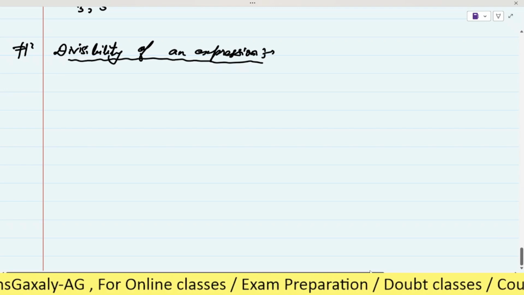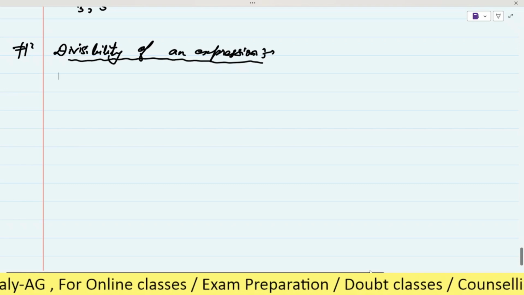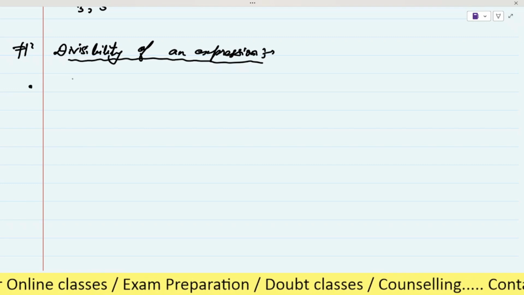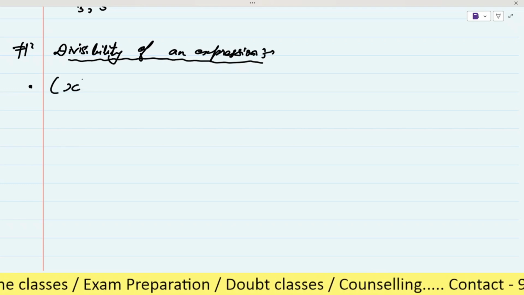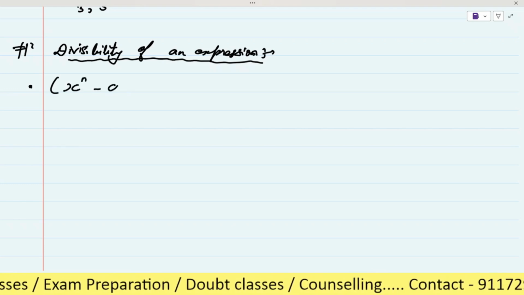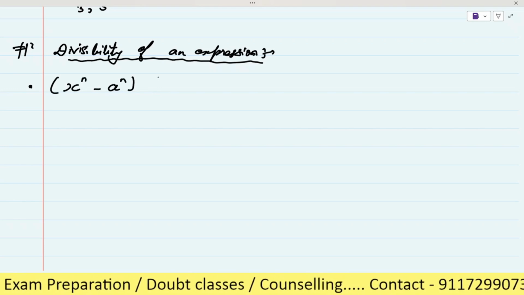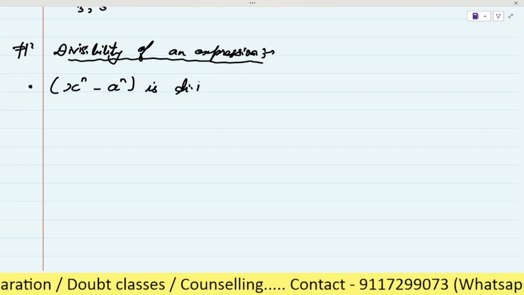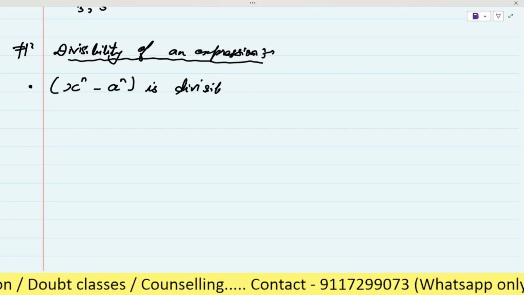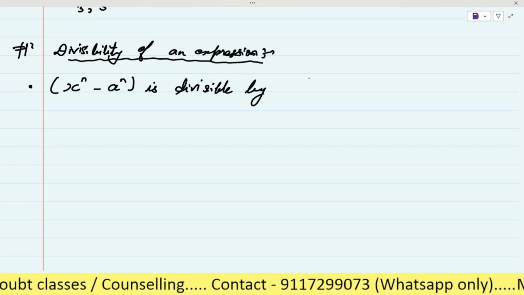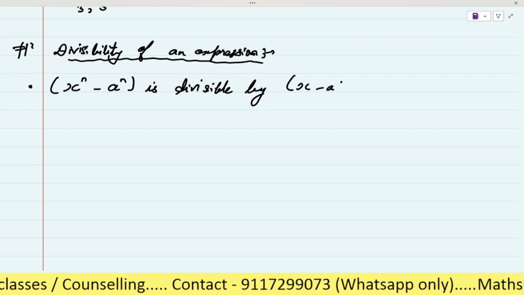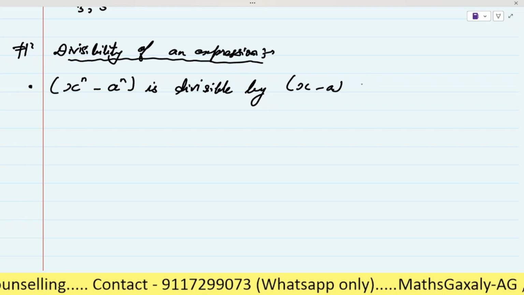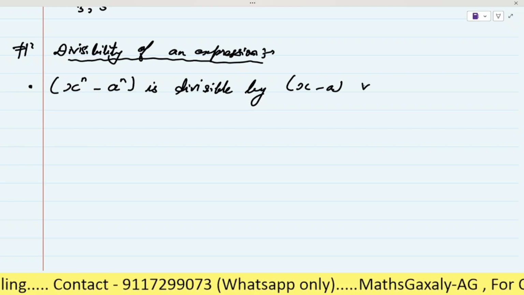So let's see here divisibility of an expression. If it will be in the form of x to the power n minus a to the power n, then it will be divisible by x minus a for all values of n, for all n.